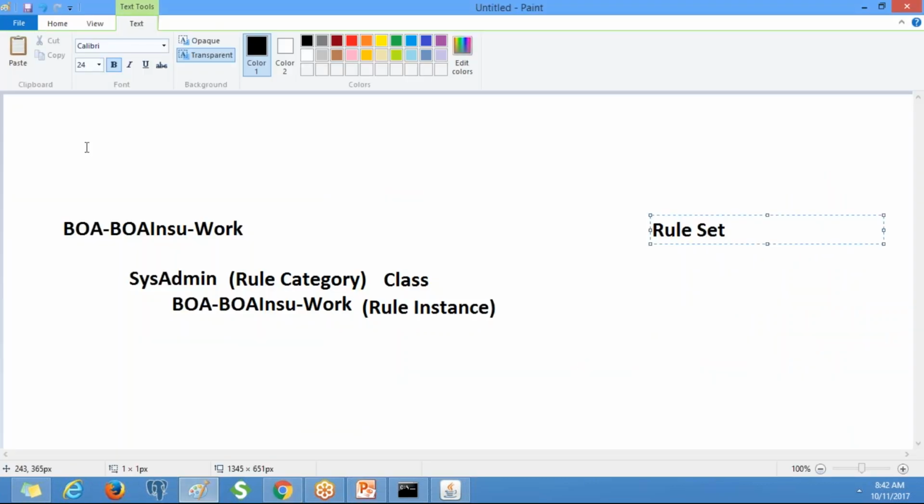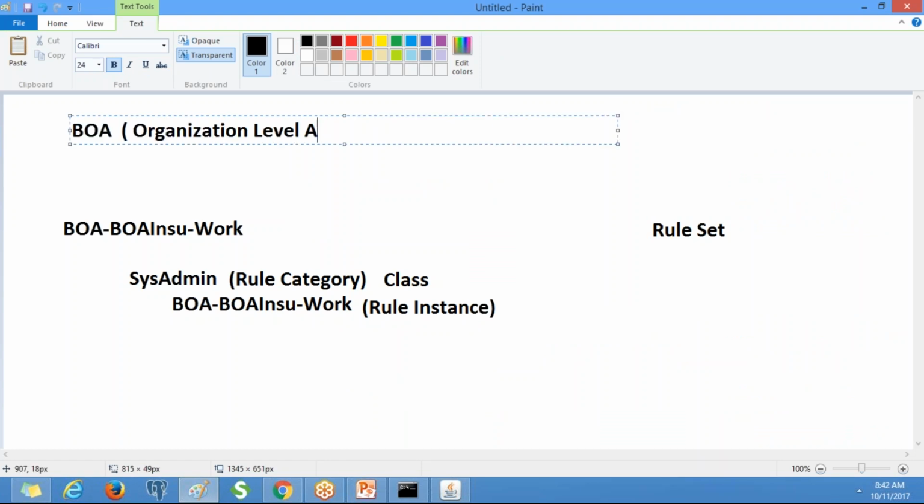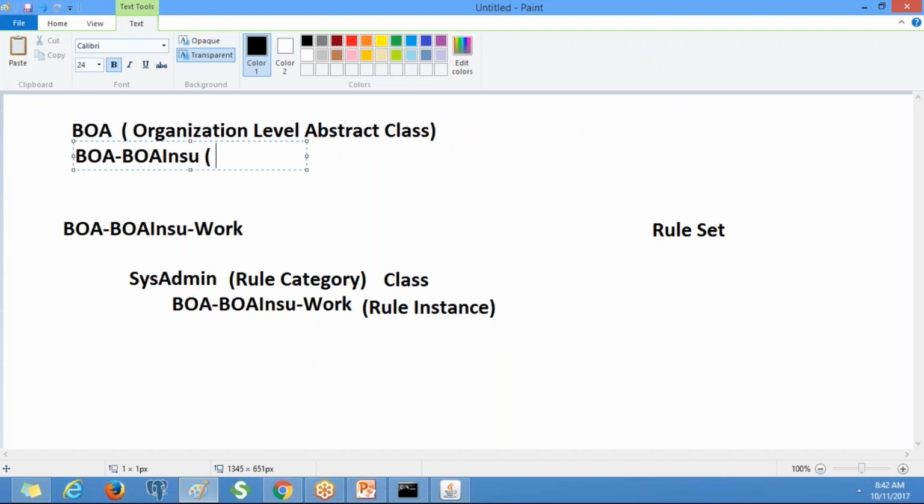This BOA is nothing but the organization level abstract class. You need to note down. Next, BOA insurance is a division level abstract class.